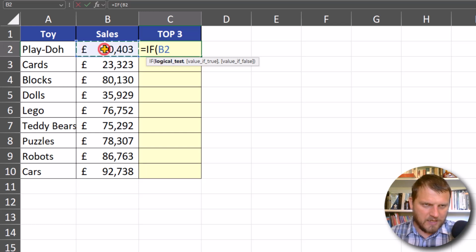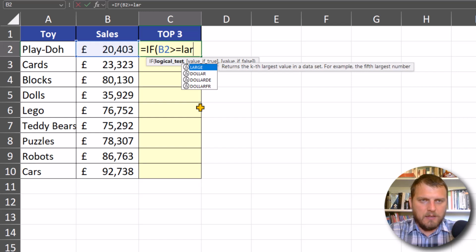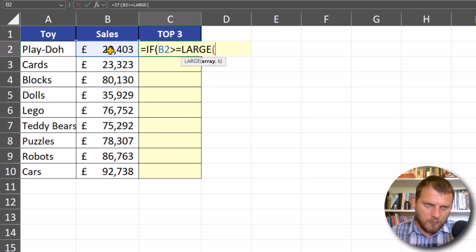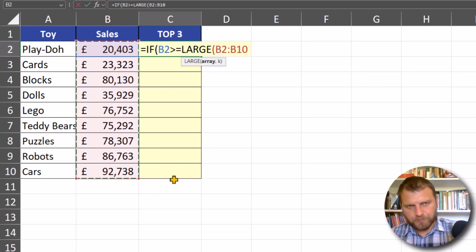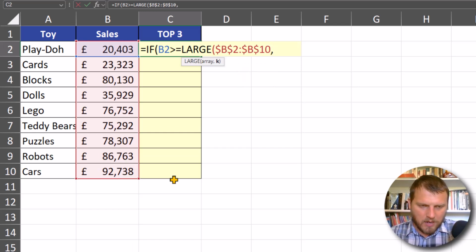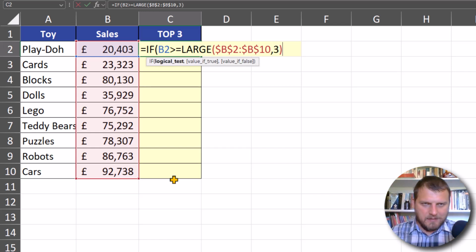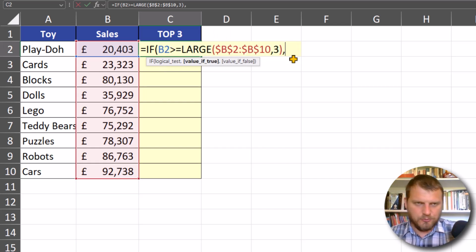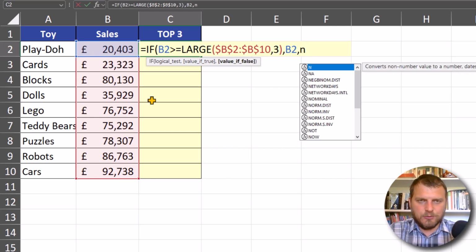So we want to check if this cell is greater than or equal to the top N value, so the LARGE function, and we are checking those values, lock it, and then comma, and for now we hardcode 3 as our top N, and based on this logical test we want to return sales or we want to return an